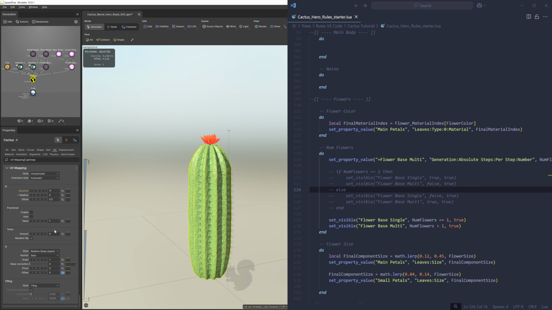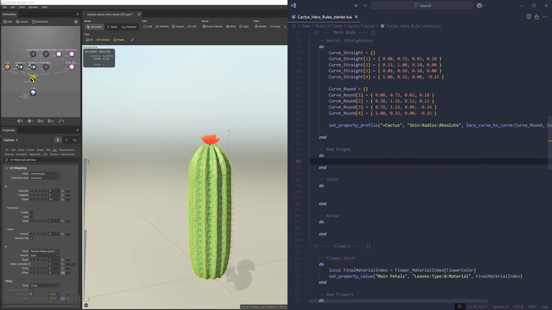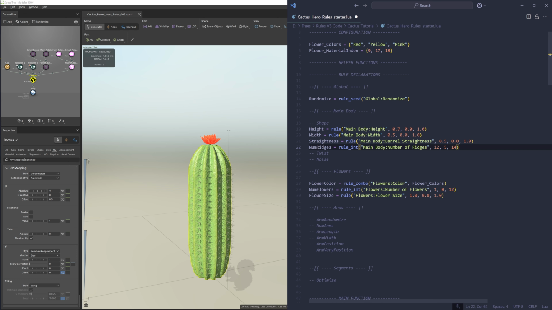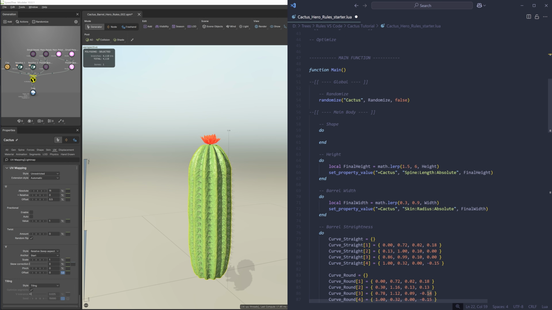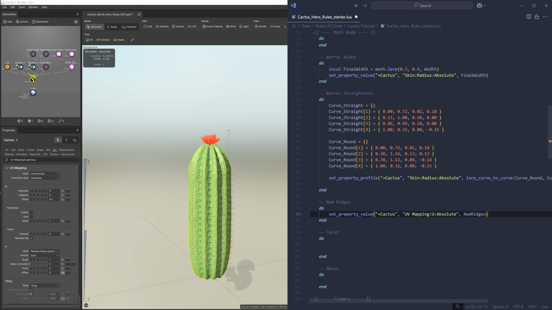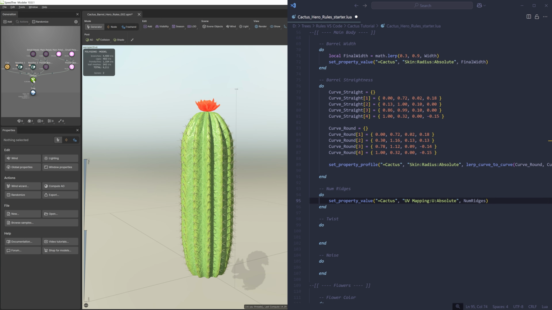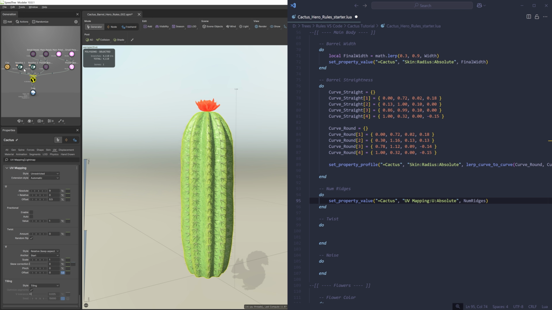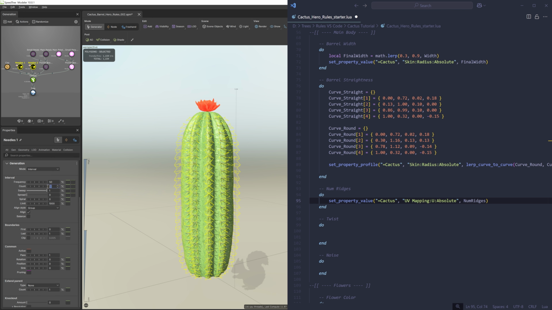So I can write the rule as normal, pasting in my edit line and writing my definition using rule_int. Also, we have to make sure that our needle generators update to align with the ridges. So we will want to go back to our rule body and add a setValue call for the needle's count property.